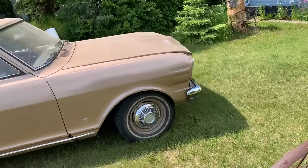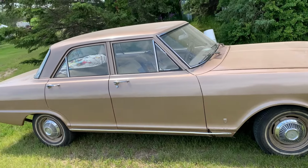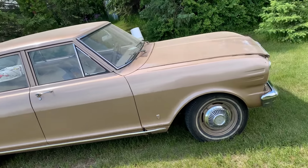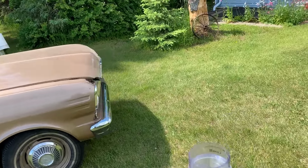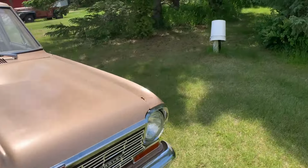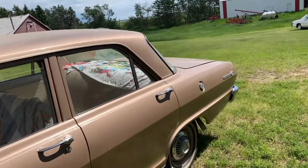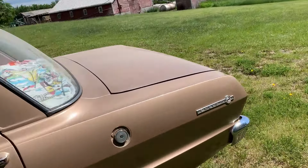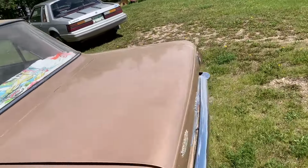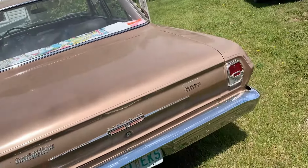In the meantime, I got a car to clean up here. Chevy II, out for the first time since last fall. Fired up real good, considering it sat all winter. Battery stayed up. A little bit of cranking to get the gas pumped up to the carburetor, and away she goes. So I'm going to clean off the winter dust. A little bit of wash and wax there, and